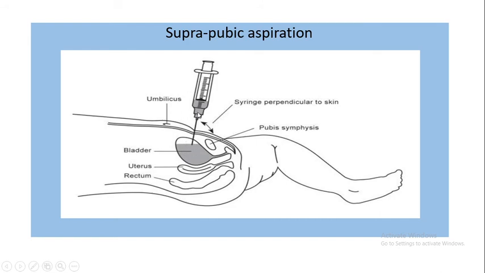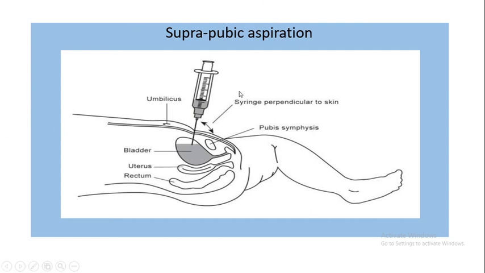So here you can see there is a syringe, and from the suprapubic region they have reached the bladder, and they are directly collecting the urine. This is one of the best urine samples that can be collected, because it has no chance of getting contaminated by the normal flora of the genital area. So this and the catheter sample give very good samples, because these samples are directly coming from the bladder. But again, these are only for situations where you cannot get a proper sample. So suprapubic is only confined to neonates, and for catheterized patients only we collect the catheter sample.